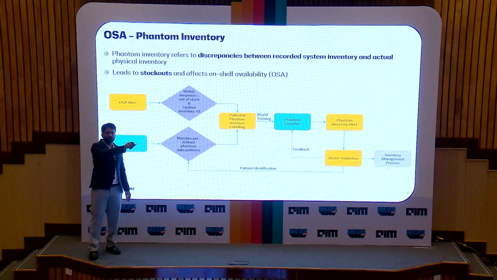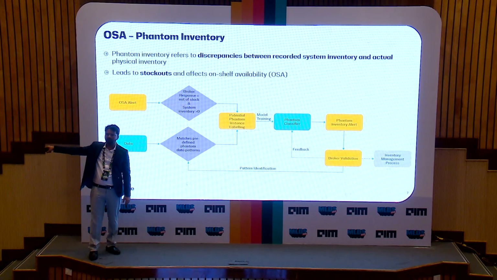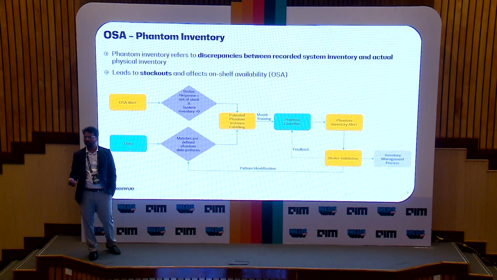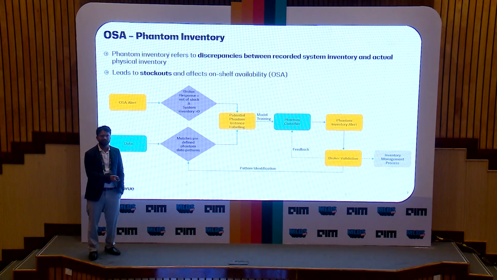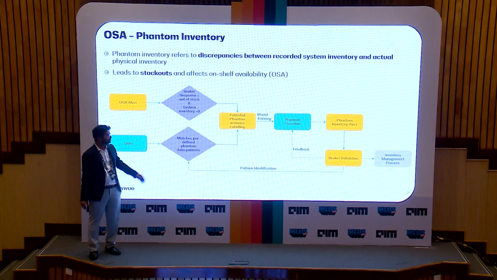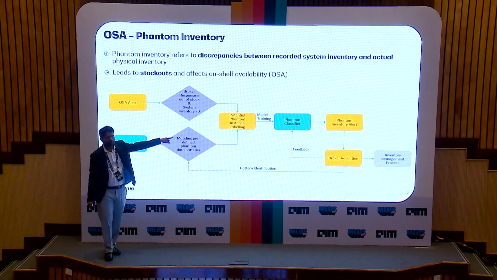For example, let's say there are 3 consecutive days where there are 0 sales, but I can see that in the inventory there are 10 items. Suddenly 10 items become 20 items and you suddenly see the sales, right? Now, this is a peculiar case. Ideally, it shouldn't happen. So why didn't the item sell for the last 3 days if there are 10 items? Is it just the case that the customers didn't purchase it? Or is it because new stock has arrived and whatever 10 stock was there in the store was actually wrong, right? So we mark such patterns to create labeled data, and we build a classifier,